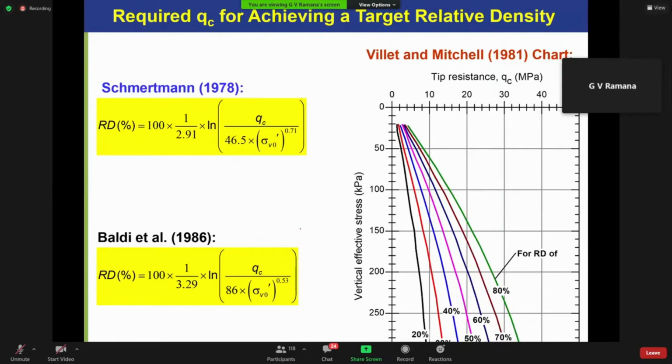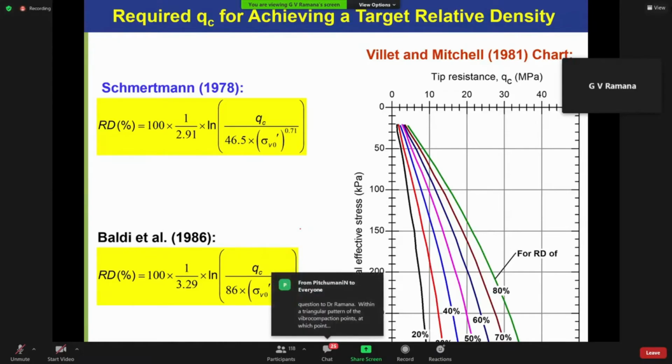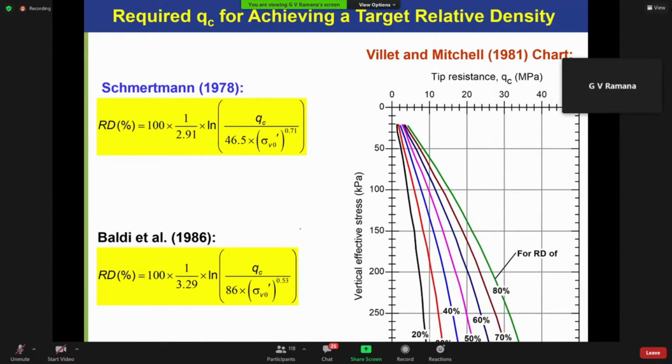Now, when we told the engineers that you have to follow this procedure, they wanted to know, how do I do my construction quality assurance? How do I know that the soil has achieved this kind of relative density? And they told us, with these relative densities and everything, we are very worried. And what we know is the cone penetration test gives me a qc value. So they asked us, give us a target qc so that the ground has a relative density of 80% or more. Then what we did is we went to the literature and looked at different correlations available.